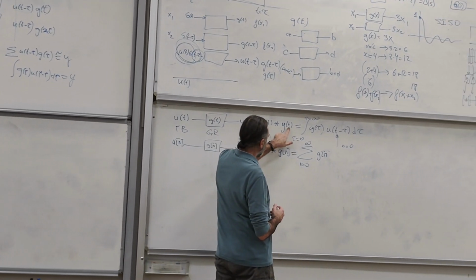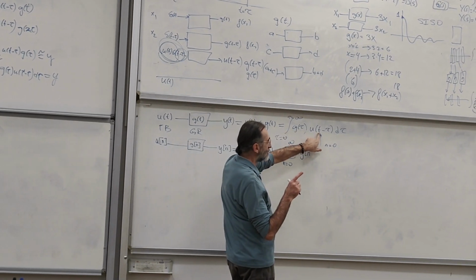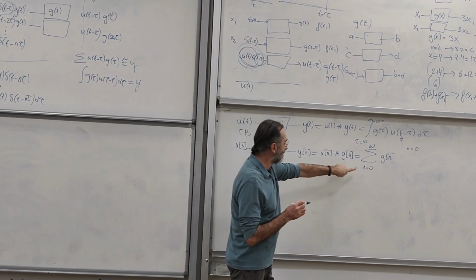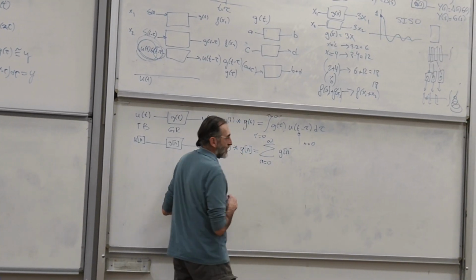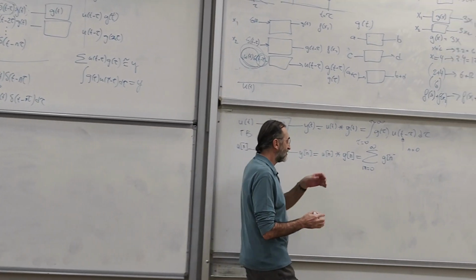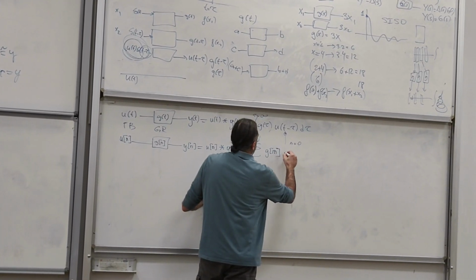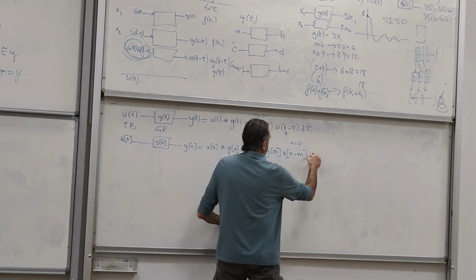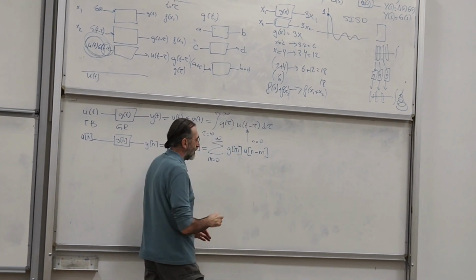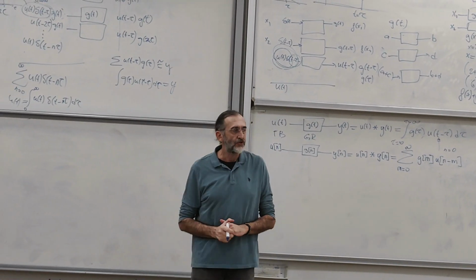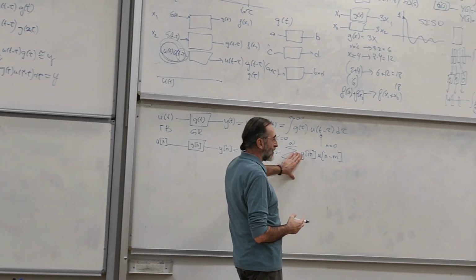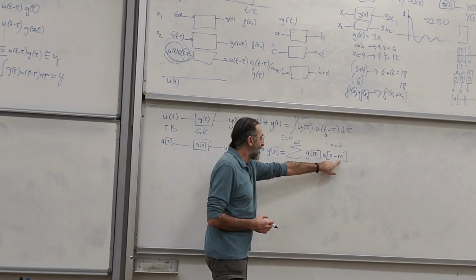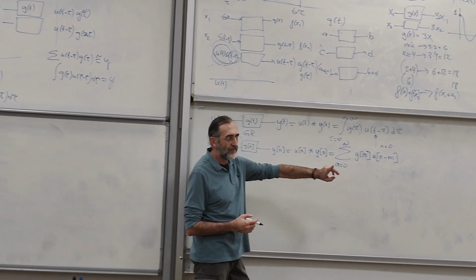Alright, u of t, g of t, real time is here. This is the dummy index. This is my real time index, so my dummy index is going to be n, or l, or k, whatever. So, g of n, u of n minus n. So now what we're going to have is the summation of this and that, one changing and one staying the same.